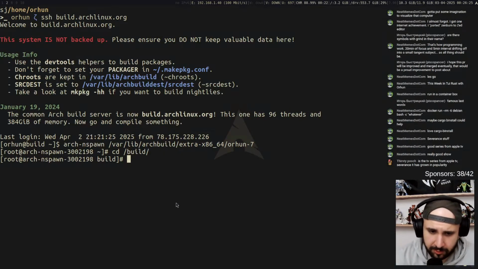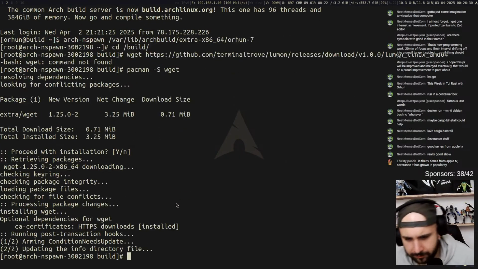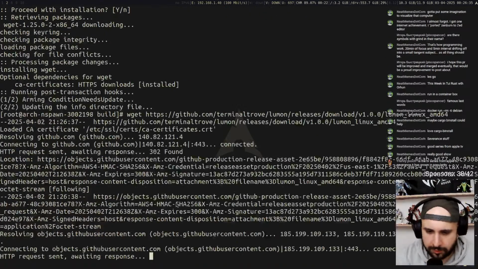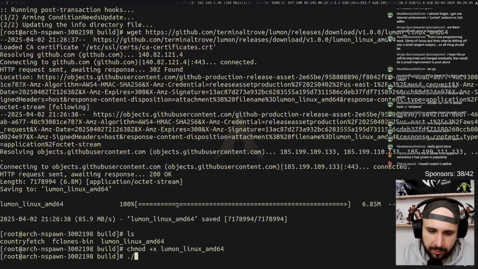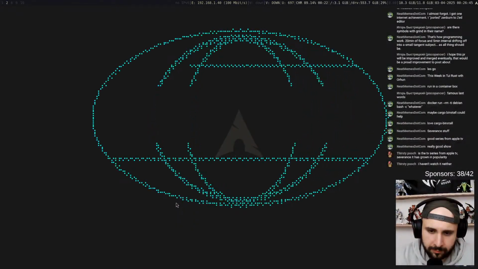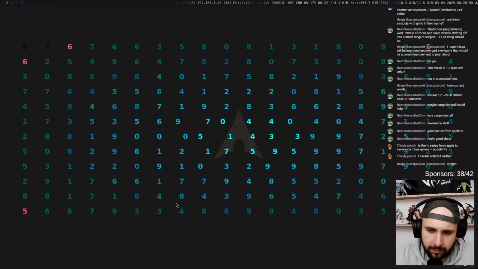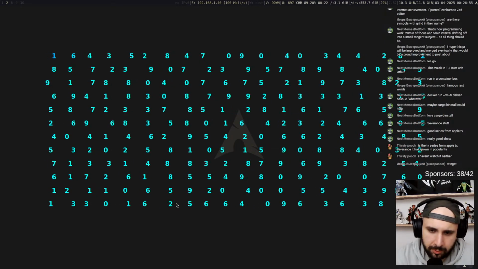So it's going to be AMD. We don't have wget. Alright, just get this. Let's just run it, bro. Just run it. I mean, come on. Just Lumon. Okay. That was cool. It's still cool, but